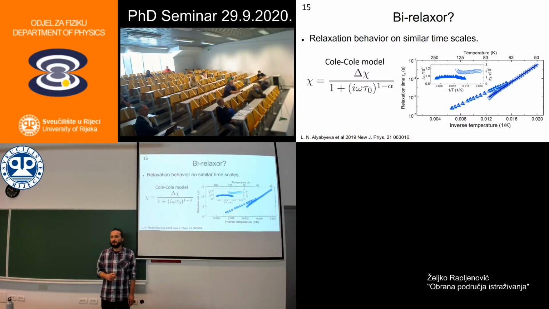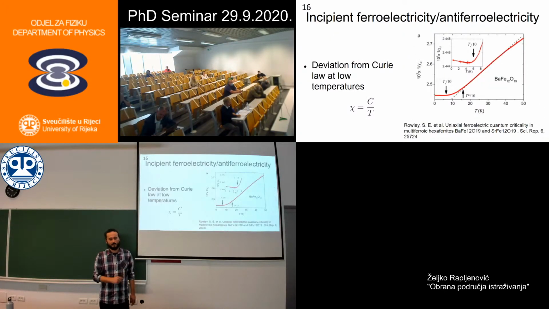the relaxation times that govern this process. This is the Cole model. Here is the relaxation time. And in this Arrhenius plot, we see that this relaxation time follows activated behavior. So this means that there is a similar process governing both these two relaxations. This could mean